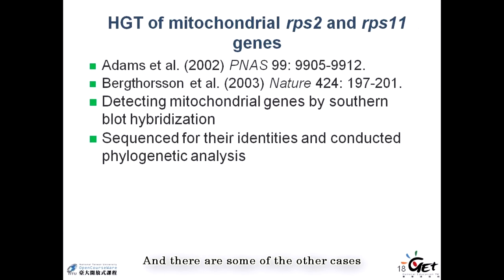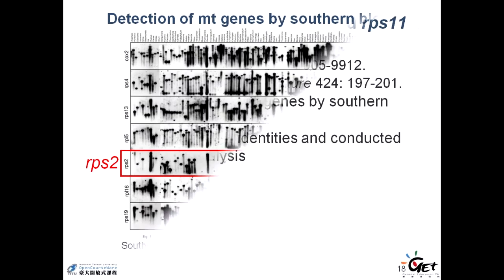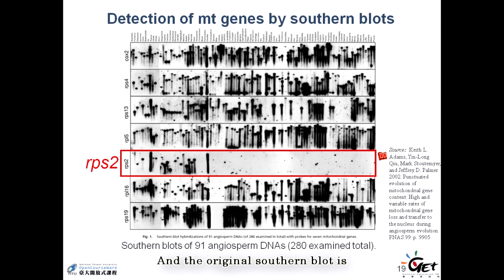And there are some other cases of coding genes themselves being transferred. The cases in RPS2 and RPS11 in mitochondria of plants. It was documented a couple of years ago, and again, it was detected by Southern blot and also the comparative phylogeny. And the original Southern blot shows this very special pattern for RPS2 among the different